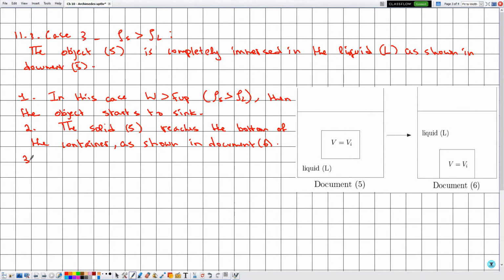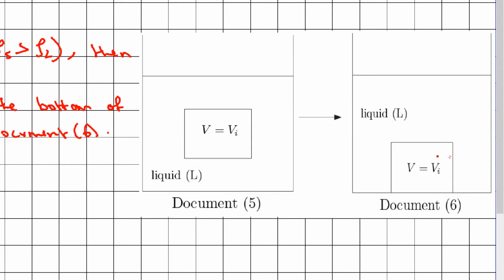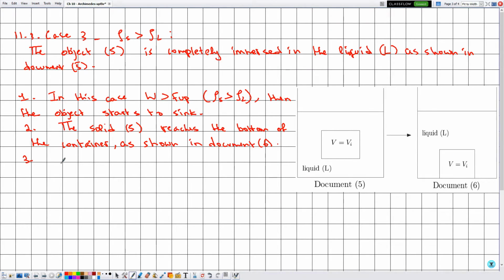Now, because the solid S in document 6 is at equilibrium, now we can discuss the condition of equilibrium. So let's say in this case, so by this case I mean document 6, we are interested in applying the condition of equilibrium. So let's say at equilibrium,